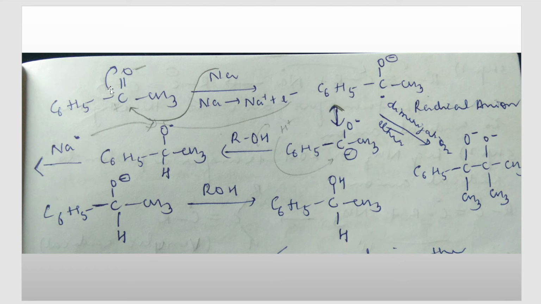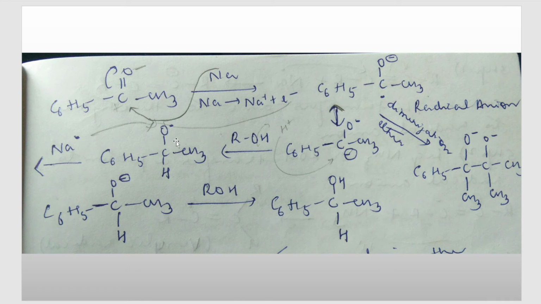First step is, in the carbonyl, this bond shifts and carbon gets a plus charge, oxygen gets a minus charge. Next, sodium gives one of its electrons. That electron will come and sit on carbon as an odd electron. Then this structure can exist in another form like this, wherein that electron is transferred to the oxygen and the minus charge on oxygen is transferred to carbon. Because carbon in the next step has a minus charge, H plus ion is given by the protic solvent, it is taken, and H occupies this position.